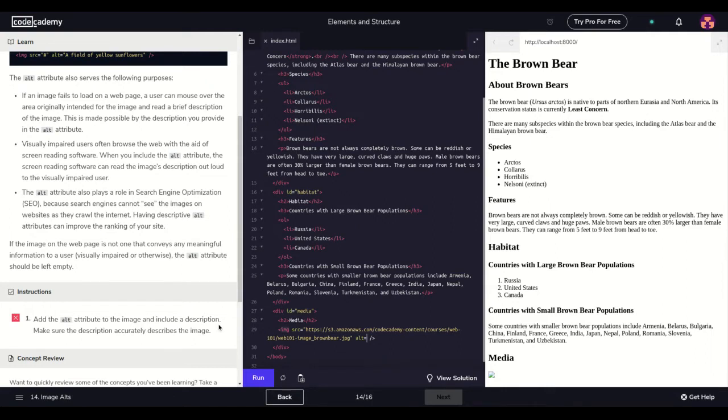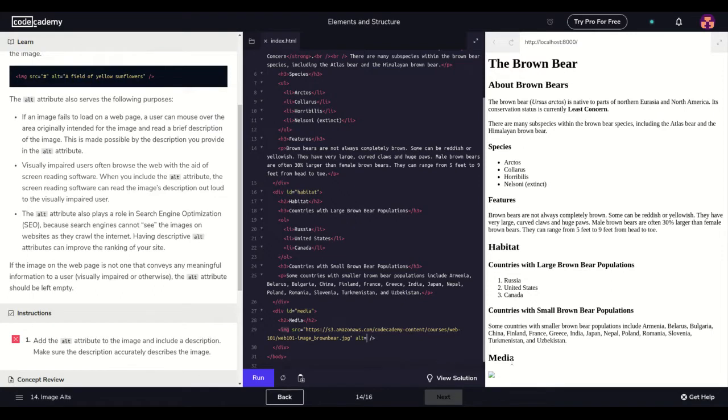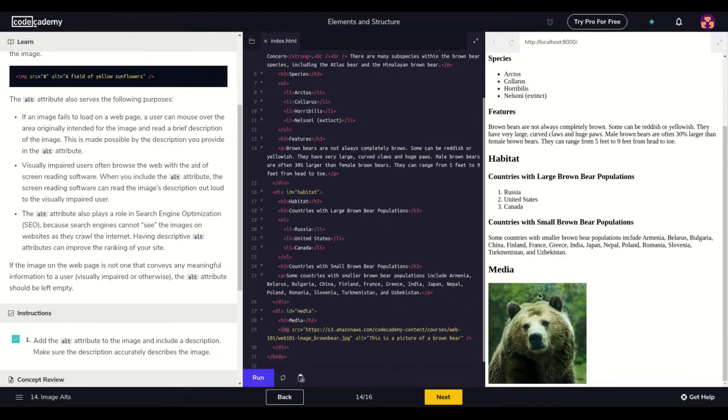Let's just say, that was a brown bear, right? We could just put, this is a picture of a brown bear. There you go. Boom. So when a screen reader sees it,